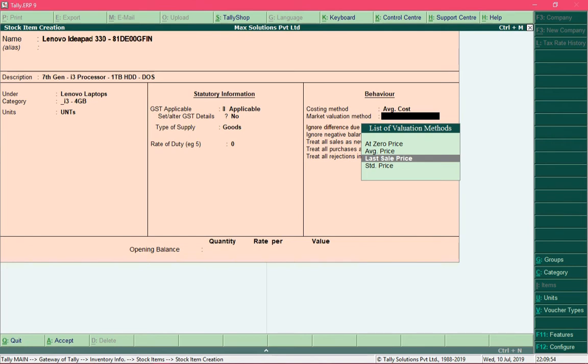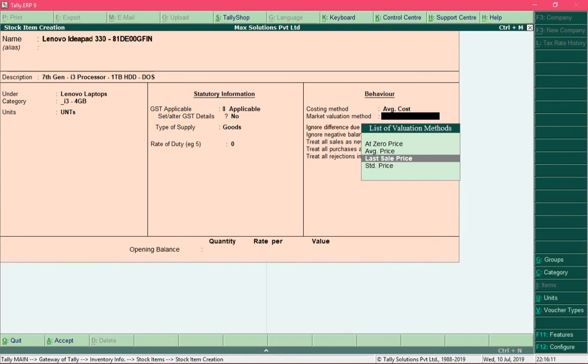At the end of the financial year, we calculate the value of closing stock, and we use these market valuation methods to know the true worth of the products. So suppose at the end of the year, you find out that the value of your inventory is more than what you have paid for, then you can consider it as a benefit.